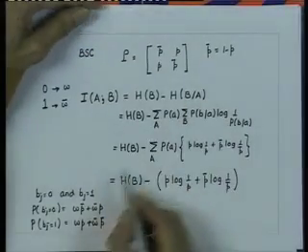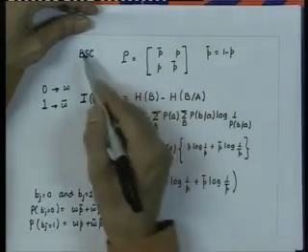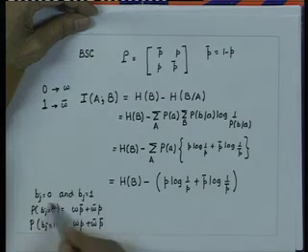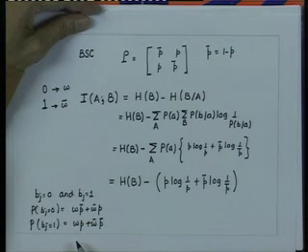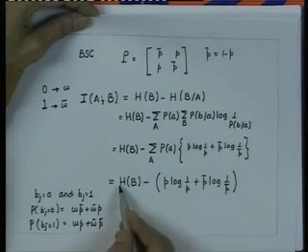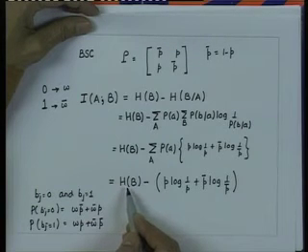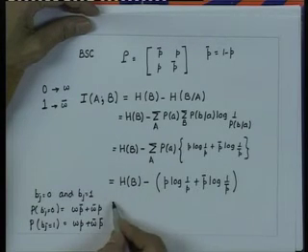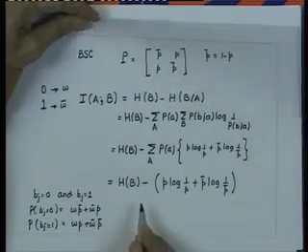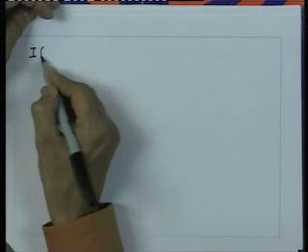From the channel diagram for the binary symmetric channel, it is very easy to show this relationship. Now, using this relationship, we can write the entropy for output alphabet, and if we write that, we get finally